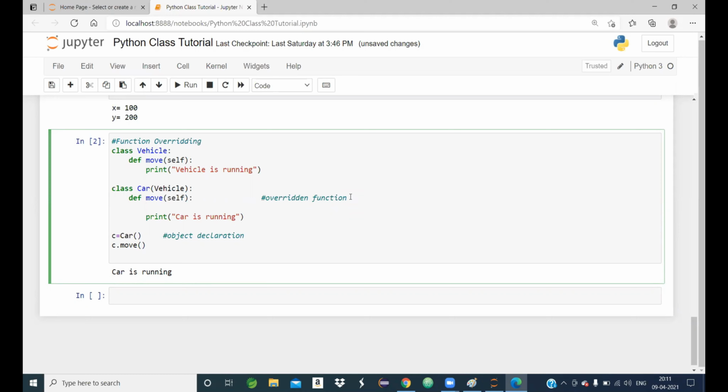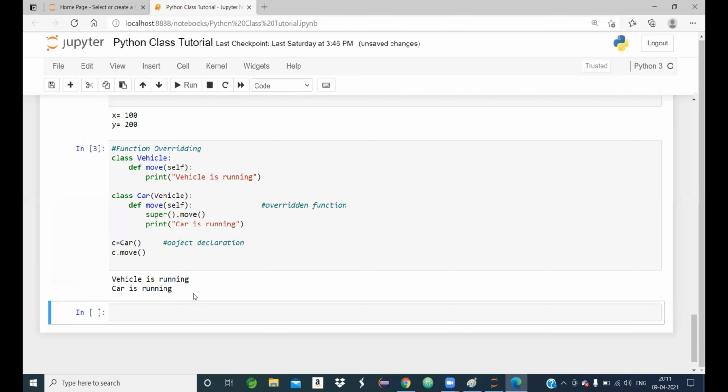Super is a built-in function, super dot move function. The purpose of the super function is to access the super class, the parent class property. Super dot move means the move function of the parent class is executed. Now I will hit run, and we got the output.